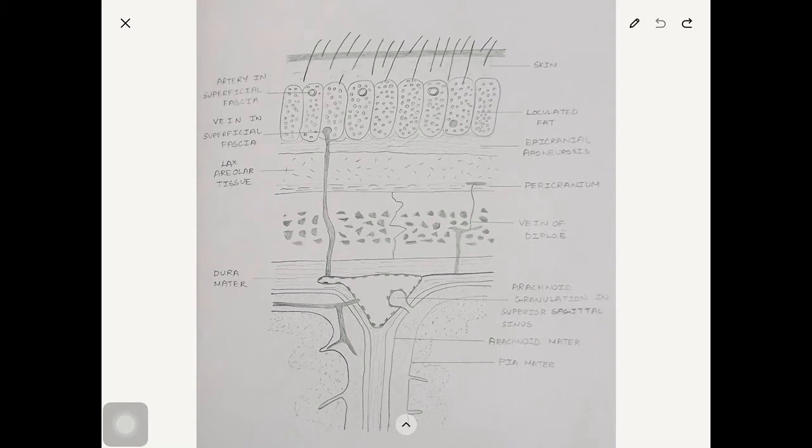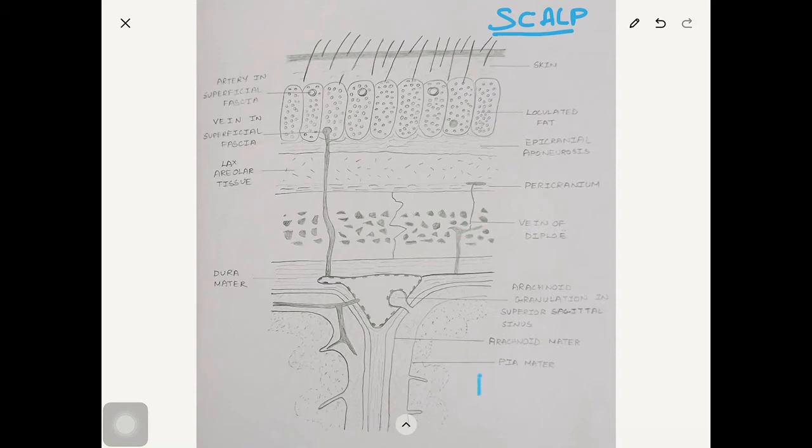Now, today's topic is the scalp. Scalp is the first dissection in the head and neck region. This head and neck itself is a difficult region in gross anatomy. So to help with exam preparation, in these head and neck classes I will mostly cover the exam preparation of the topics. So try to watch the channel for all the head and neck classes. We will start with the scalp class.